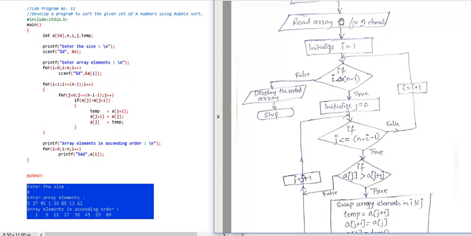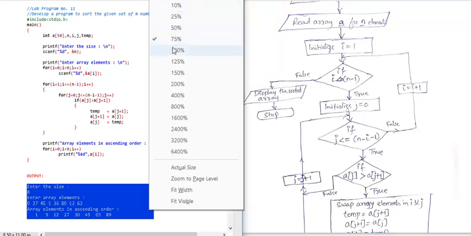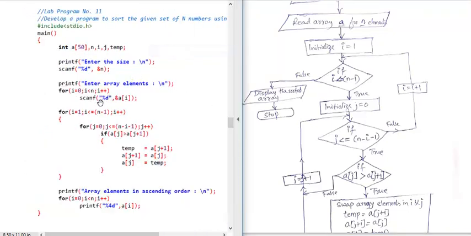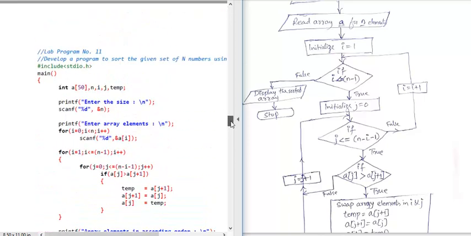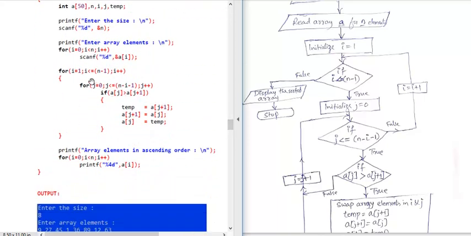So in the flowchart you will say initialize i is equal to 1. Once it initializes i is equal to 1, it will check if this condition is true or not. It will check whether i is less than or equal to n minus 1.